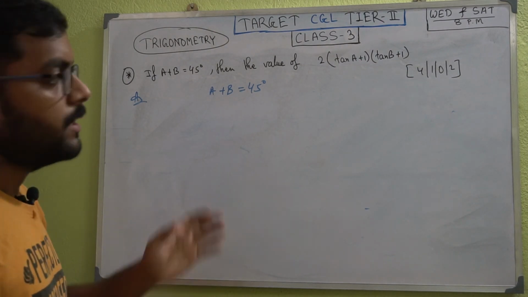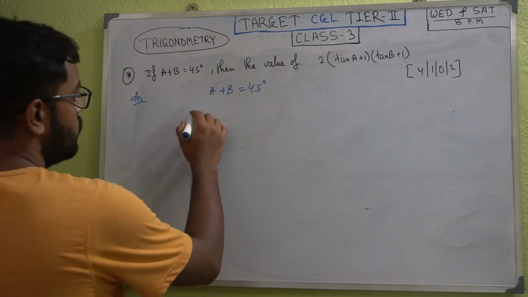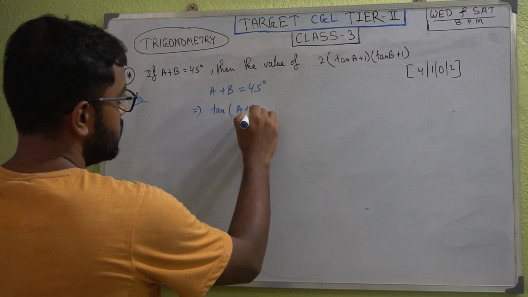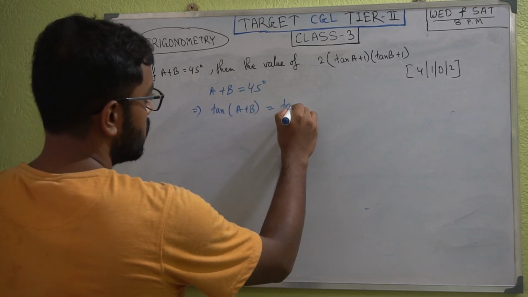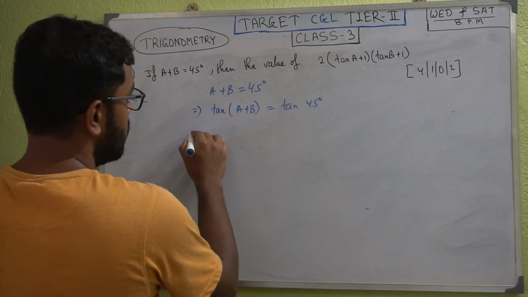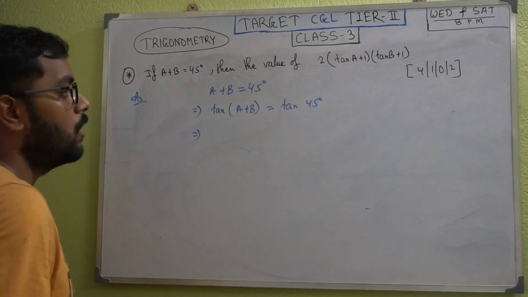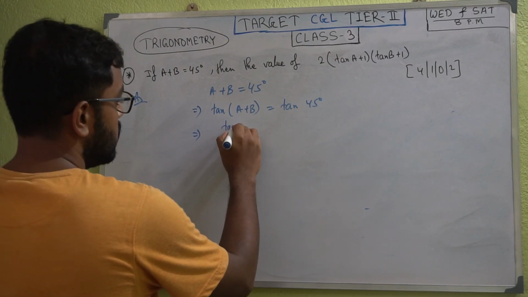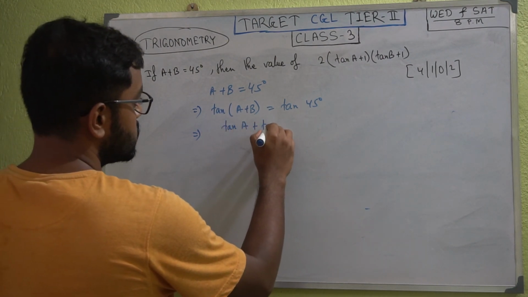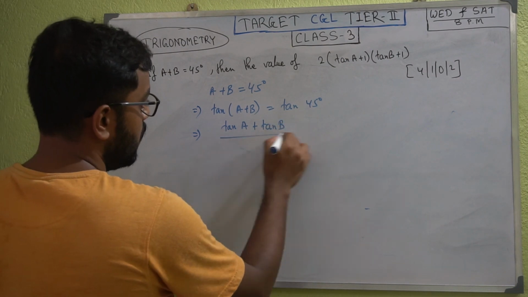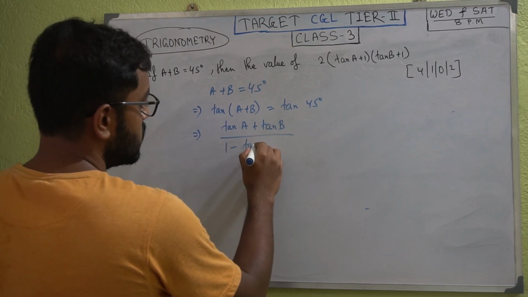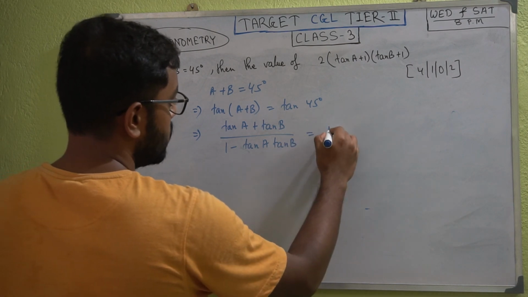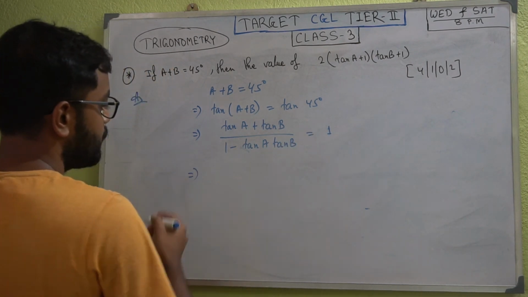Take tan in both sides, that is tan a plus b equal to tan 45 degree. We know the formula of tan a plus b, that is